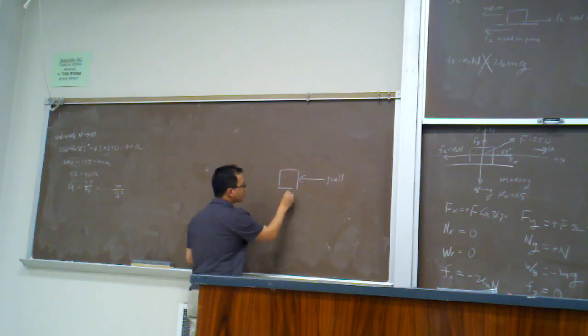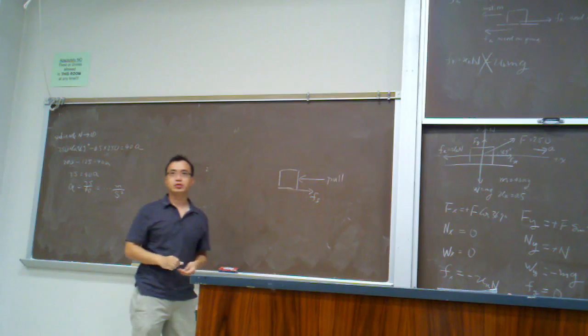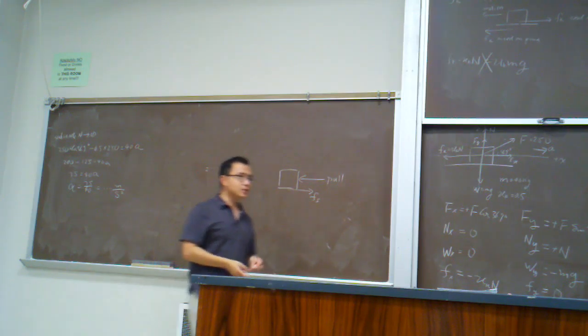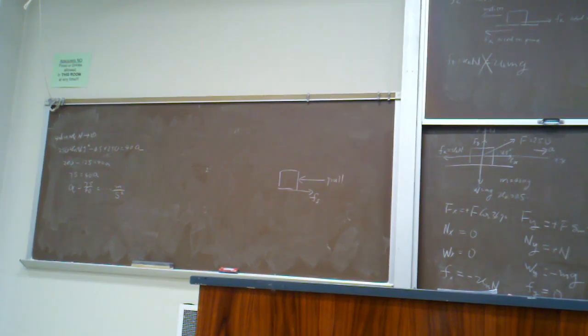So the static frictional force will be opposite to it. But sometimes it may get complicated because you don't have real motion, so you have to think about it twice. Now let's look at one example. For the following configuration, assume all the surfaces are